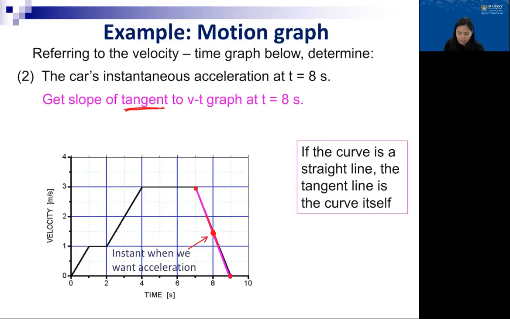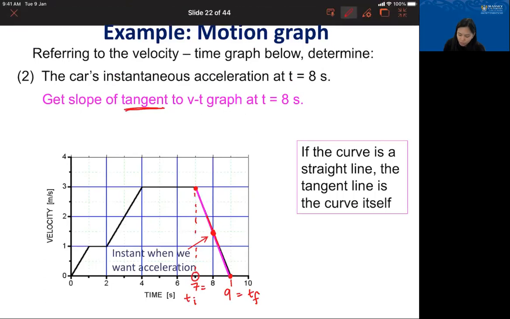So let's get these 2 points. Okay, so this is about 9 seconds. That will be your final time. Okay. This one here, 7 seconds, that will be your initial time,